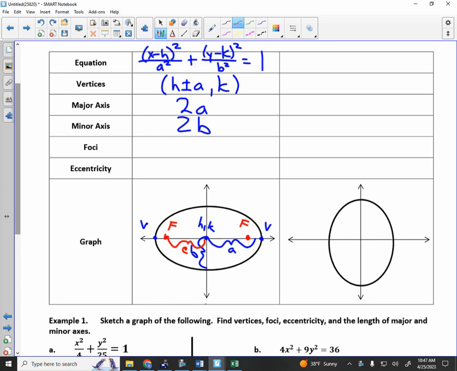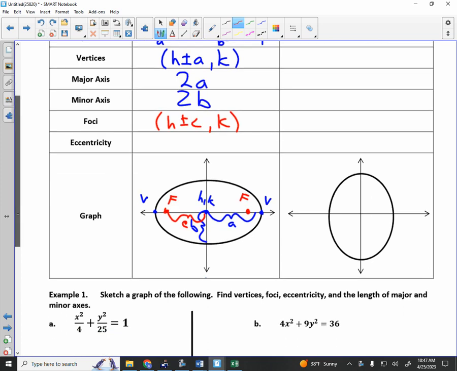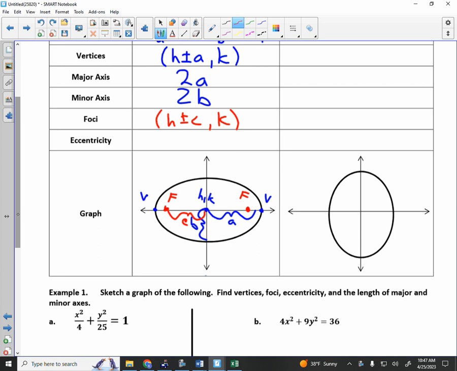So instead of moving a units from the center, we just move c units from the center, okay? And then we have this eccentricity piece. Eccentricity is the measure of how stretched the ellipse is. For example, does the ellipse look more like a line, or does it look more like a circle? And eccentricity is a value between 0 and 1, and the way we measure eccentricity is